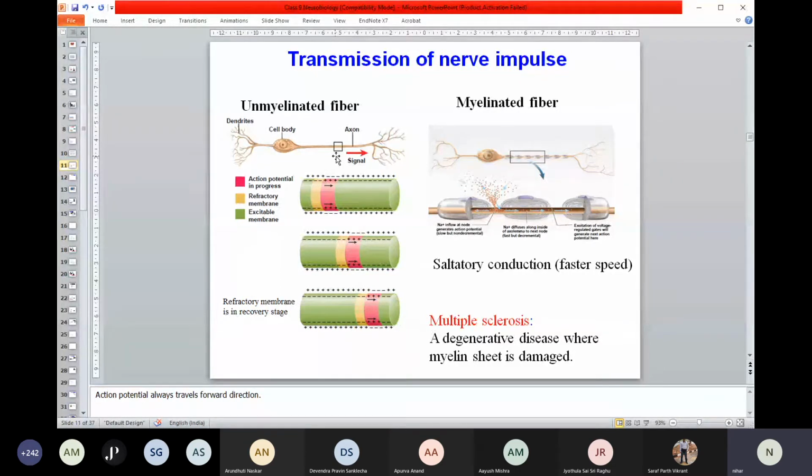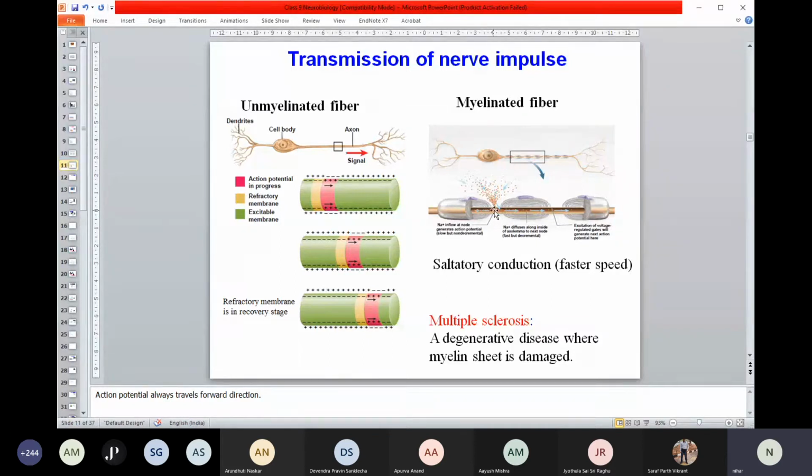Now if you think about our brain, there are two kinds of neurons. One is called the unmyelinated neuron, where there is no myelin sheath in the axonal area. But there is another group of neurons where there is a myelin sheath, a thick insulating layer. If you look at the image here, there is a node of Ranvier in between. There is a thick myelin coating that acts as an insulator, but in between there is a gap. Typically, the neuronal membrane is naked here.